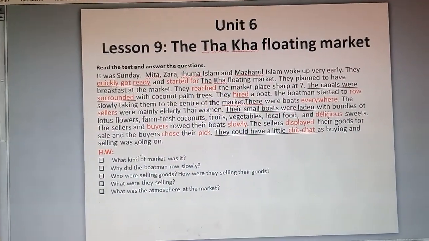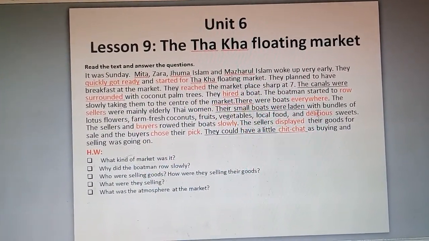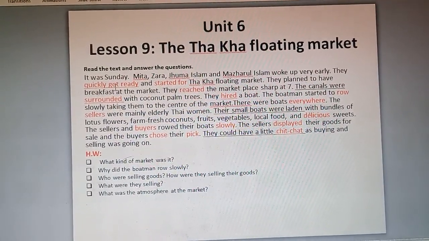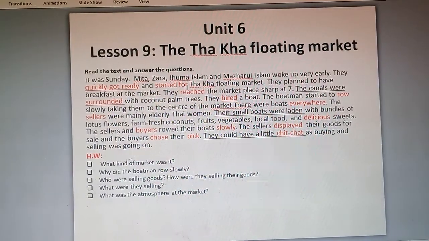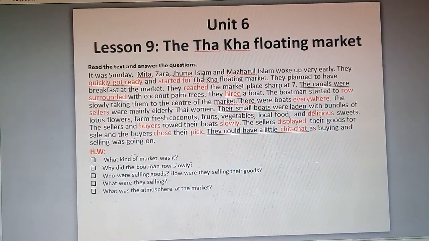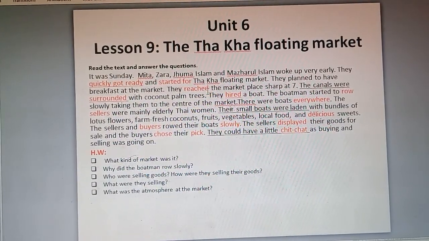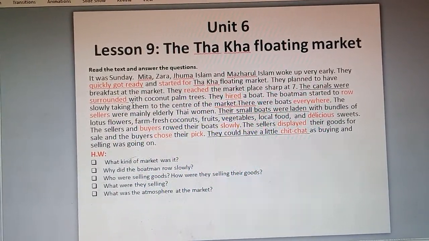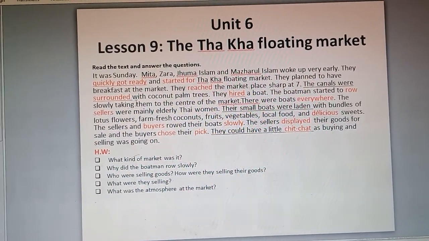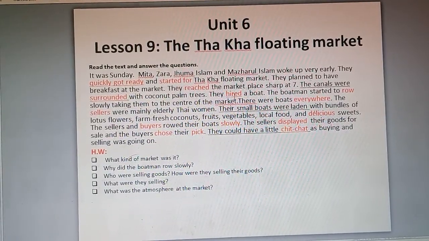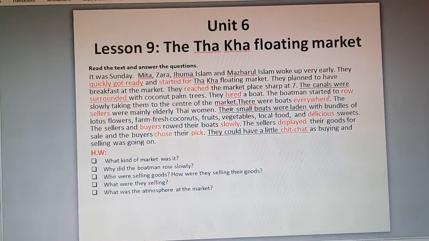So let's come for vocabulary first. Quickly, this is swiftly or rapidly. Got ready, prepared. Started for, begin or set for. Then reached, it can be replaced by arrived. Then surrounded, it can be replaced by enclosed. Hired, it can be replaced by rent. Then row,